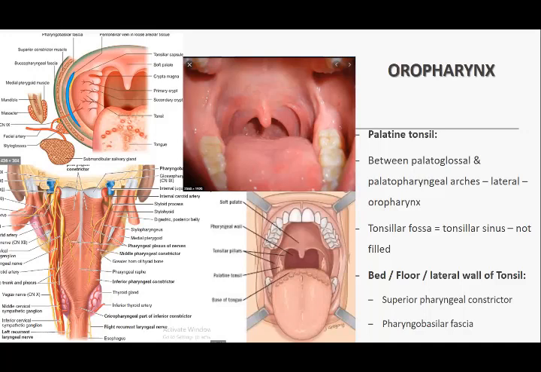So when you say कि किसी की tonsillectomy हुई है, that simply means कि उसका palatine tonsil has been removed. Like this, you do not see any palatine tonsil over here. That means कि या तो फिर palatine tonsil बहुत small है, atrophic, or he or she has had tonsillectomy done. ठीक है जी. अब आ जाते हैं floor या bed of the tonsil या lateral wall of the tonsil कैसे